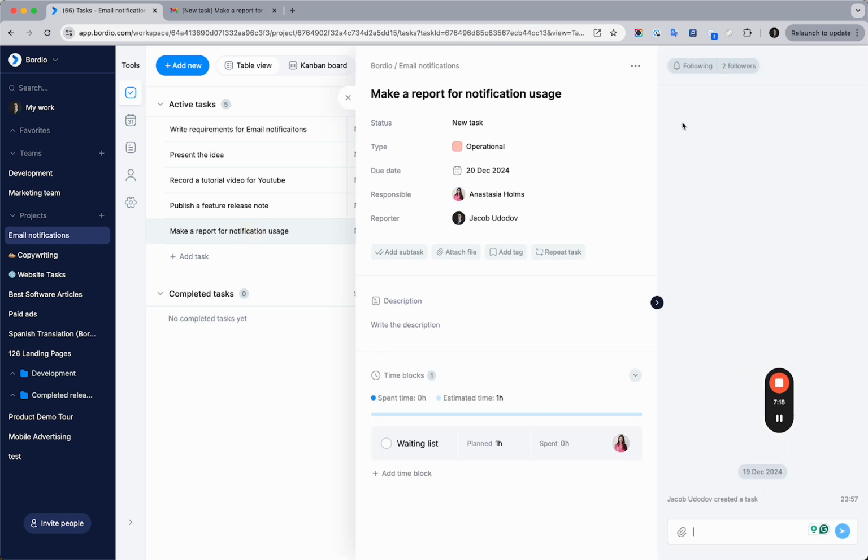Let's get inside this task, and here you can see that currently there are 2 followers inside the task: Jacob, because I am the reporter and creator of the task, and Anastasia, because she is responsible. So she's the assignee. So now, let's say we also wanna involve Alex to help with this task, you